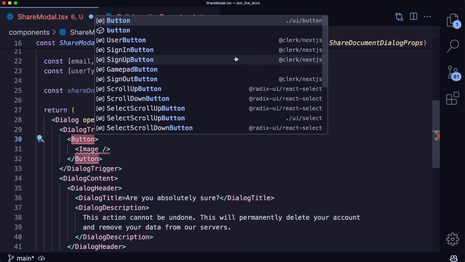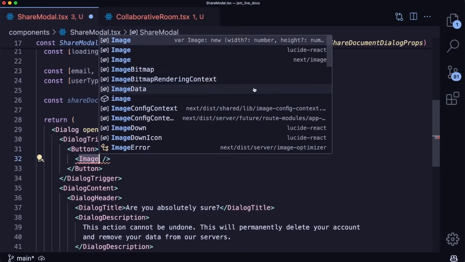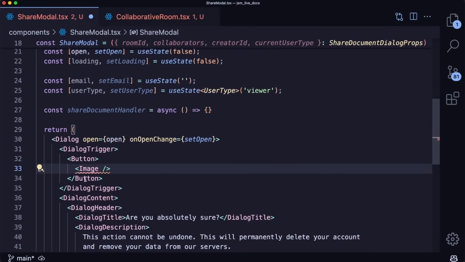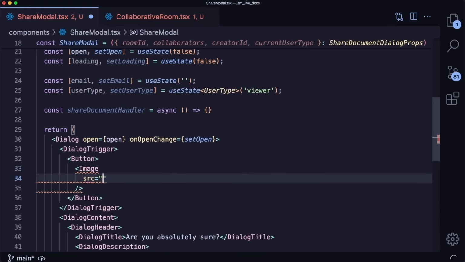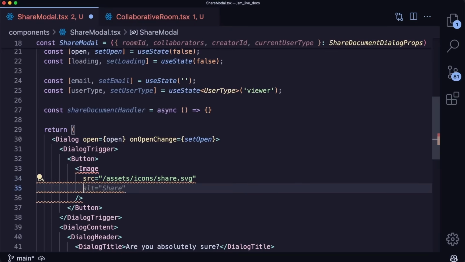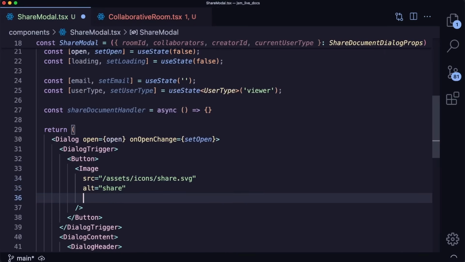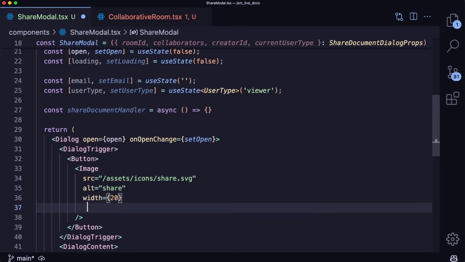So let's import the button from UI button, and let's import the image from next image. To that image, we can pass a source equal to /assets/icons/share.svg. We can give it an alt tag of share, a width of about 20, a height of about 20,